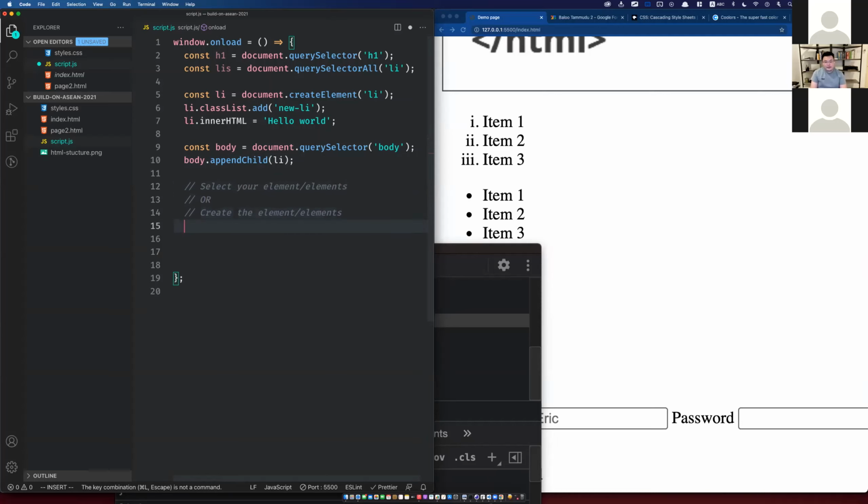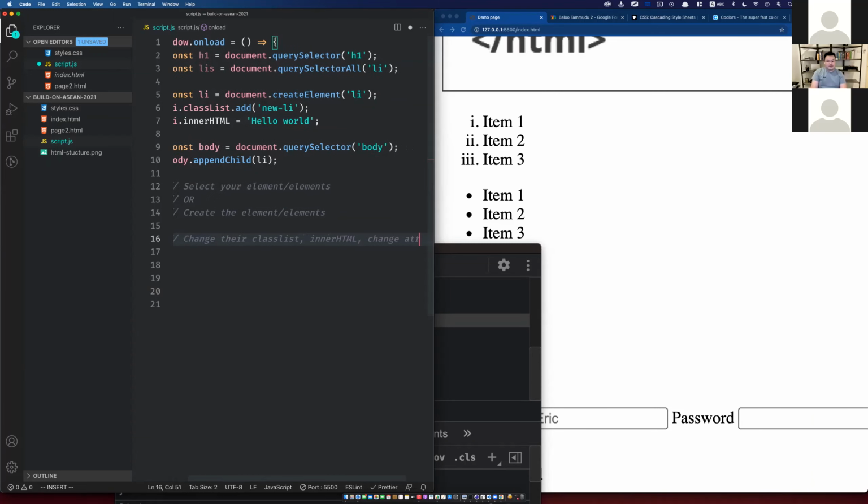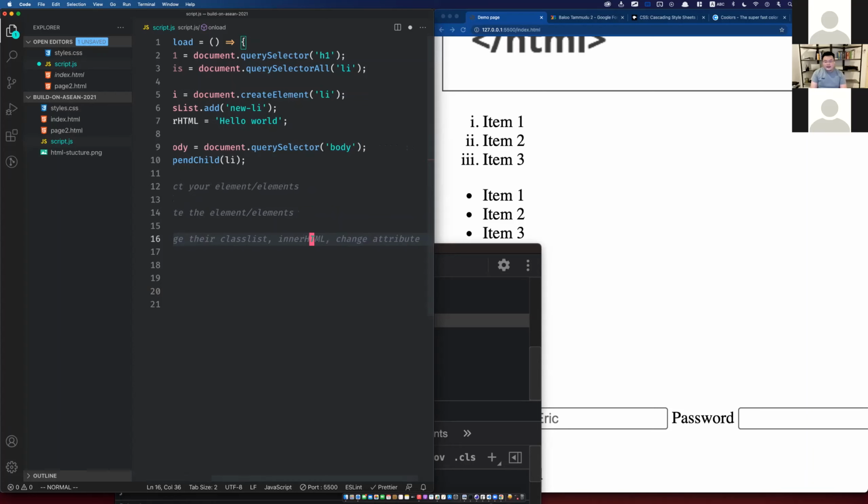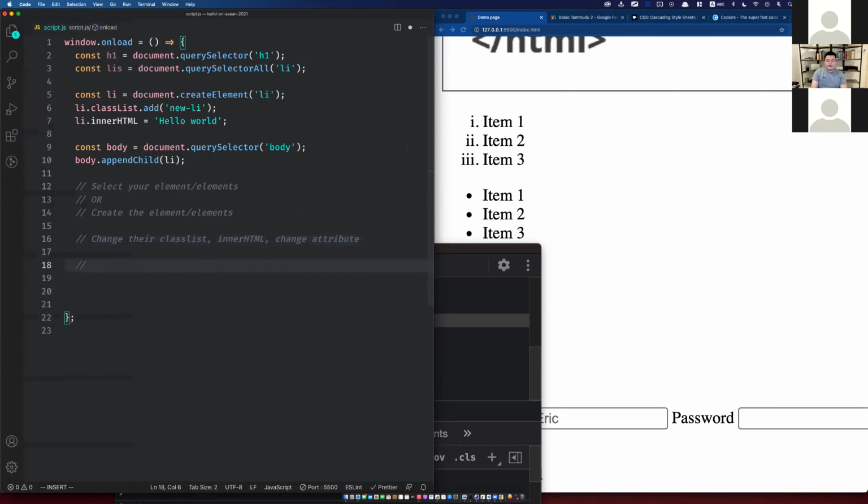And then after that, you make your changes via changing their class list, maybe the inner HTML, maybe change the attributes, use whatever logic that you need. And at the end of them, if it's a new element, append child, you have to put it back onto your HTML. If it's not a new element, it means it's already there, so you don't have to do append child. All right, so it's just basically this sequence of steps whenever you are dealing with elements on the page,